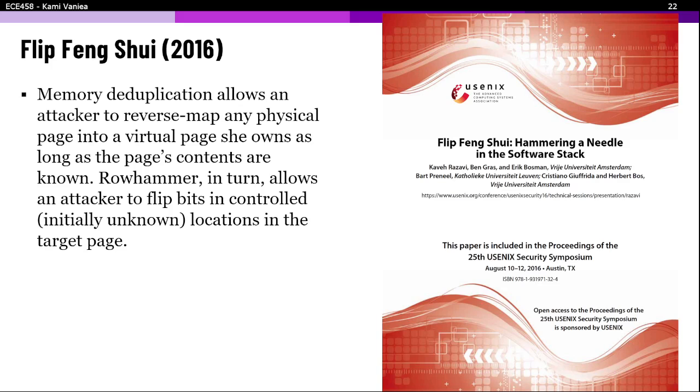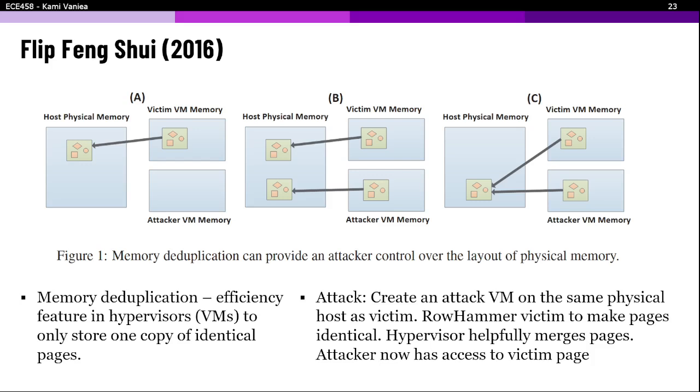So the idea is memory deduplication allows an attacker to reverse map any physical page to a virtual page she owns. What if I forced my victim to have an identical page to me? This is meant to happen for things like libc, where it's identical naturally. But you don't want to go around chasing every weird library the programmers have found this week. So instead, the system is just looking for identical pages. And the statistical odds of two pages being identical for two different programs is quite low. So it's just looking for identical ones so that it can collapse them.